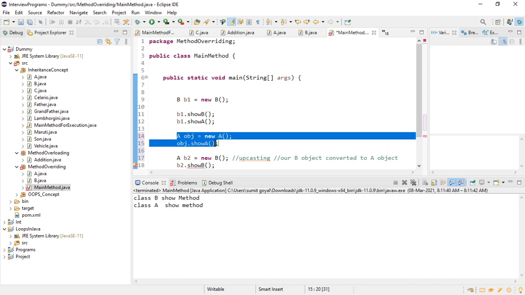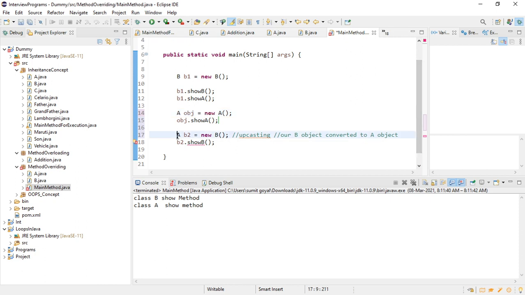So here this is the object of class A, but if I write it in this way, A is the reference variable, b2 is of type A, and new B is creating the object of class B. But as you are writing it this way, this B object will automatically convert into an object of class A. And if it is converted into the object of class A, it will only show you the methods present in class A, just like here. So the show B method is not present here, only show A, right?